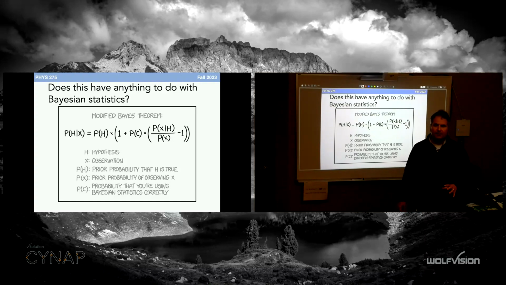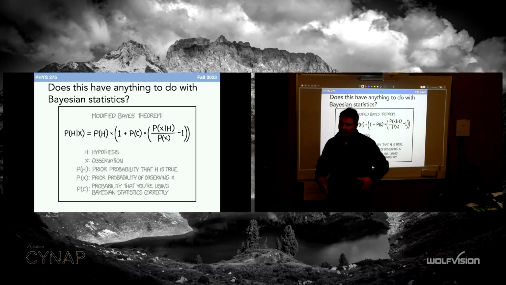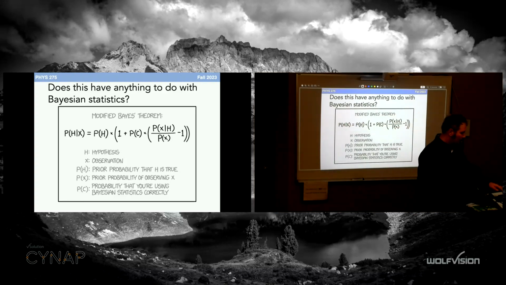So does this have anything to do with Bayesian statistics? Yes. This is an XKCD. You say, okay, I'm going to take another measurement based on what I know. That's what the walker does. I am here, the fit is terrible, I should take a step in a random direction. I am here, the fit is better than it was before, keep going, or at least have a high probability of keeping going. So that sort of takes my previous experiences into account. That's really the Bayesian part of this.